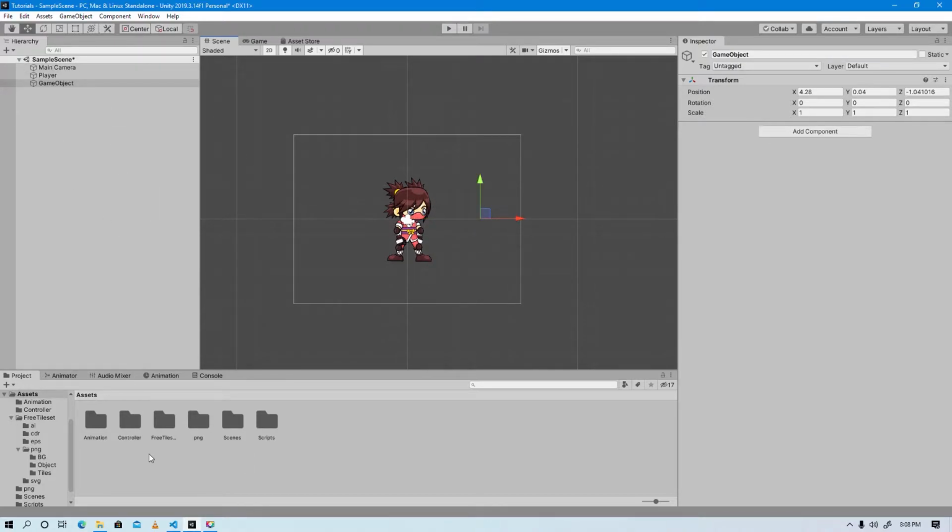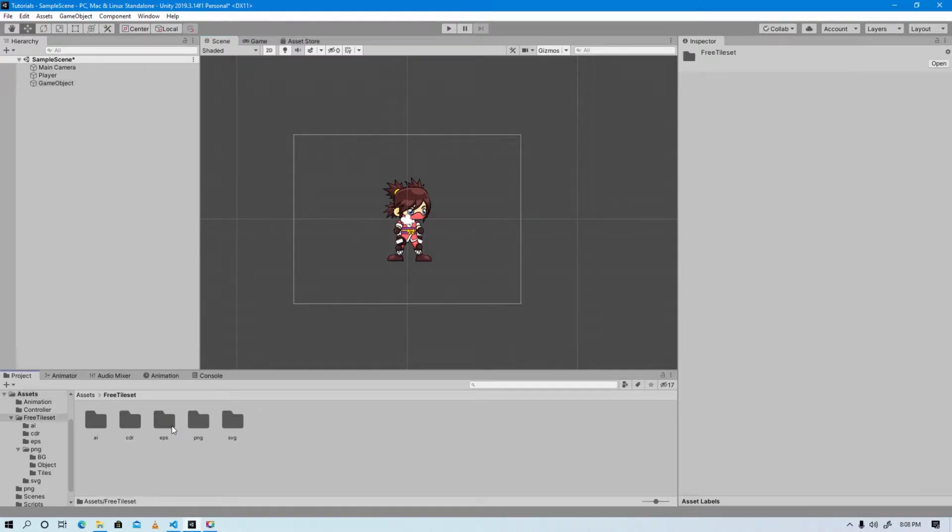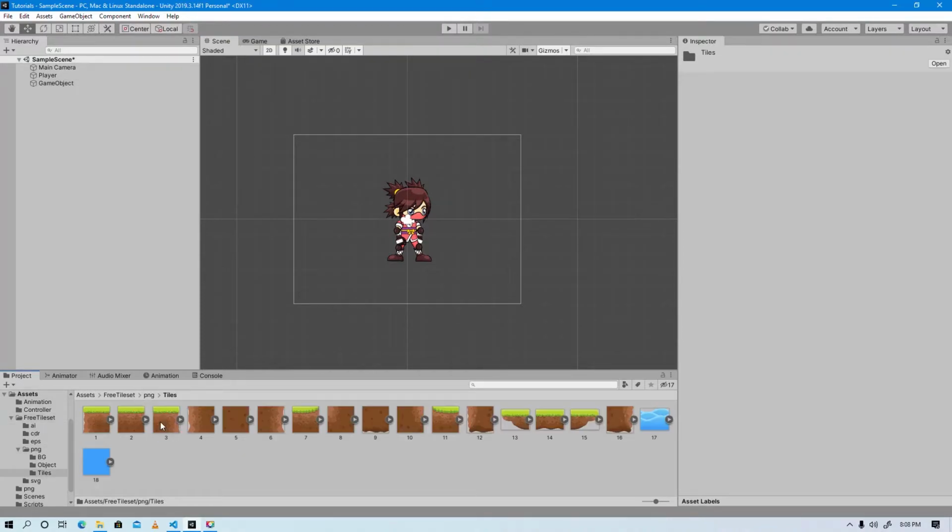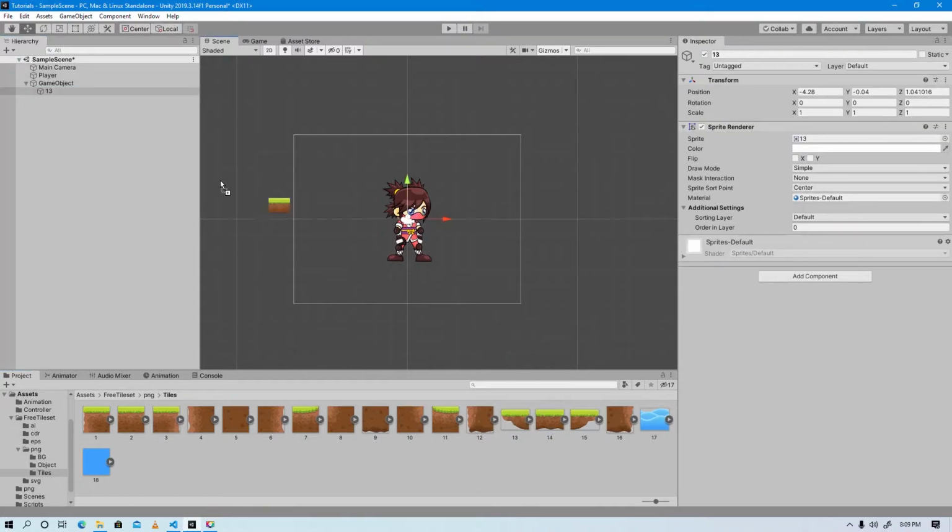So now that we are done with it, I'm going to be using a free tile set to create the platform for this. So open a free tile set, my tiles. If you want it, you can go to OpenGameArt and just type free tile sets, you'll find it. I know you guys are good at typing because you're able to type very well to find this video, so you'll be able to type to find this one too. Then we'll drag it into the hierarchy, and the next thing we'll do is create a platform. So we'll arrange it nicely like this,